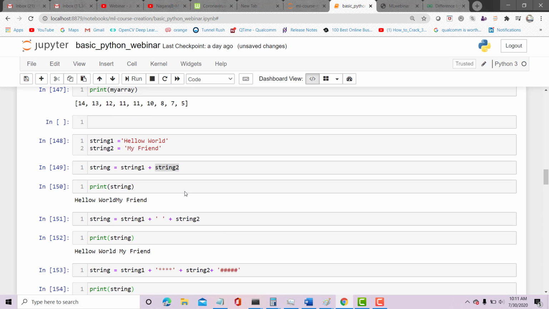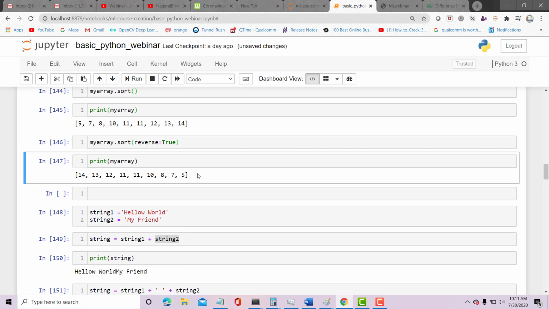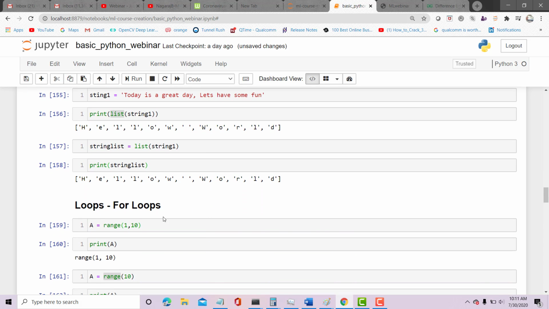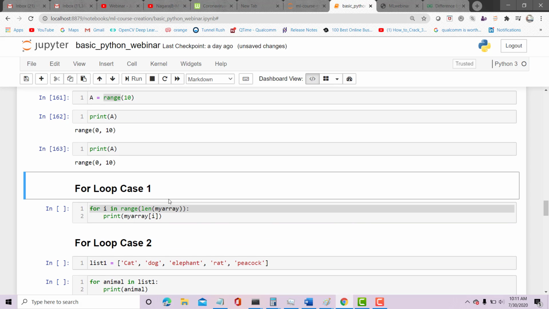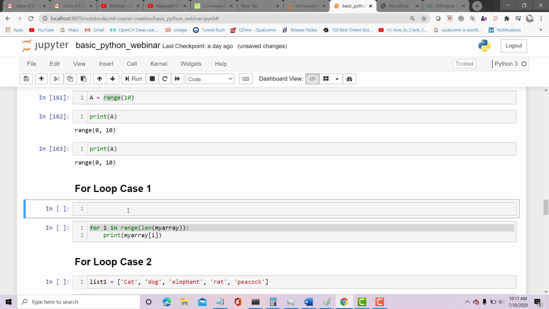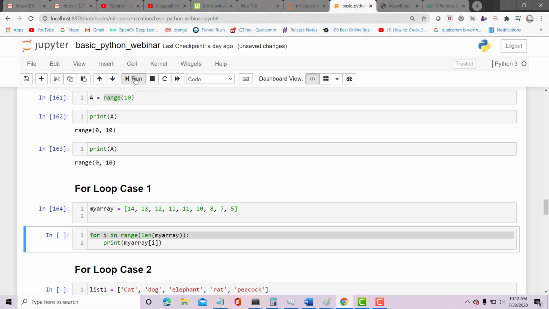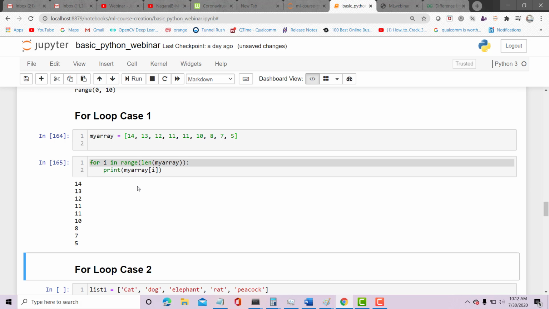I will take my array from here and just paste it above it. So this is my array. Run it. For I in range length of my array, print, and you will get them printed.